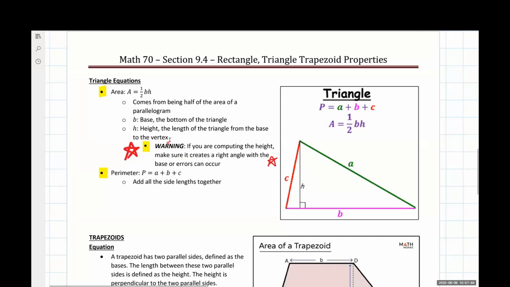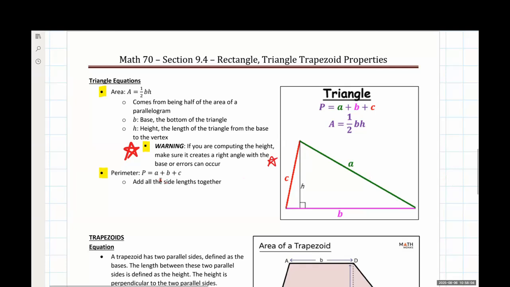So again, for the height of these triangles, look for the line that touches at a point and touches along a side length and creates that 90-degree angle little square in there. That's our giveaway. That's going to touch the height, and that's going to touch the base. So be on the lookout for those for the area of triangles when you're working with them.